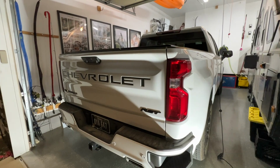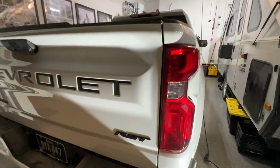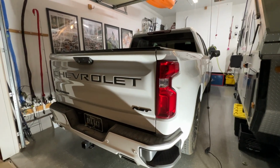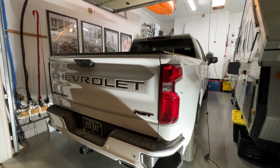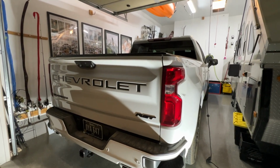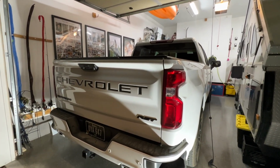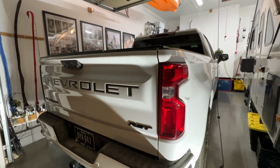Today what we're going to be doing is changing the backup lights on a 2024 Chevy Silverado. Now this is the same procedure for a few different years. I think from 22 on. I don't know that for sure. I'll look it up and I'll put notes down below. But in any case,